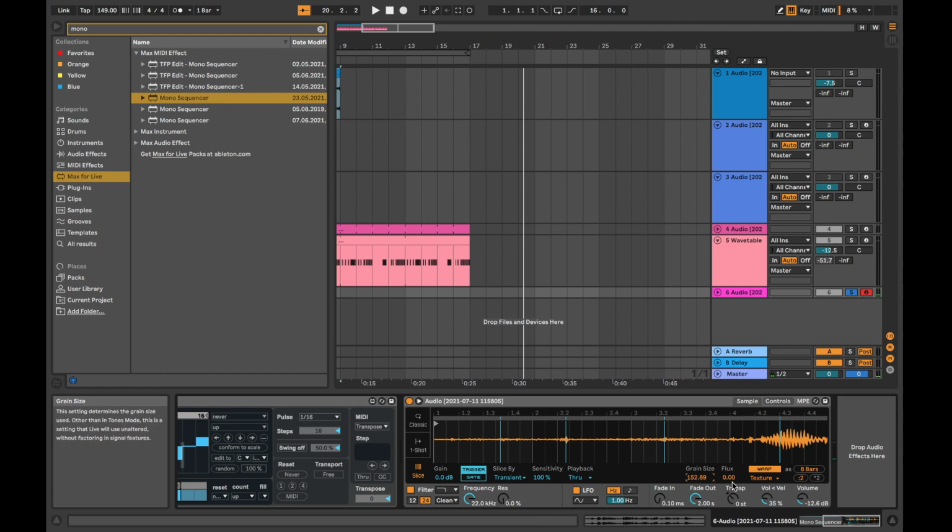Sadly, these ones you can't MIDI map. I hope Ableton will fix that in the future. I suppose it's very niche interest. And